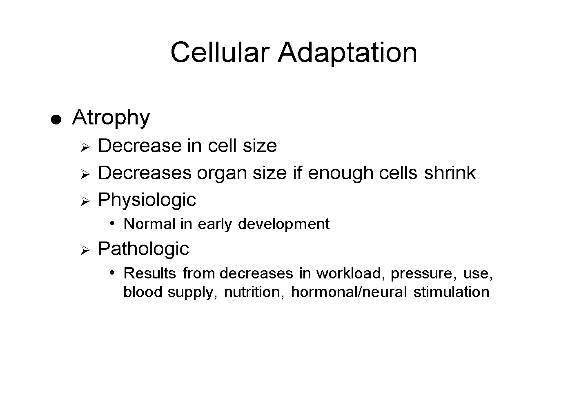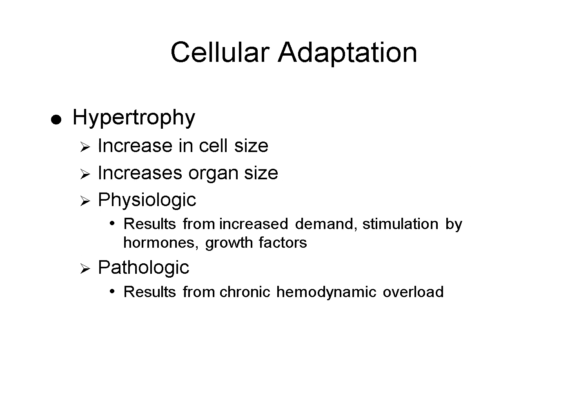conserving resources. Hypertrophy is the increase in cell size, which leads to an overall enlargement of the affected organ. Physiologic hypertrophy occurs in response to increased demand or stimulation by hormones and growth factors, such as in skeletal muscle during exercise. Pathologic hypertrophy, on the other hand, often results from chronic hemodynamic overload, like the stress placed on the heart during hypertension. In both cases, the cells adapt by growing larger to meet the new functional demands placed upon